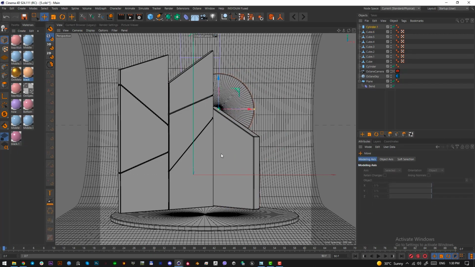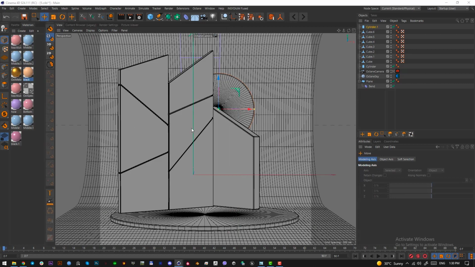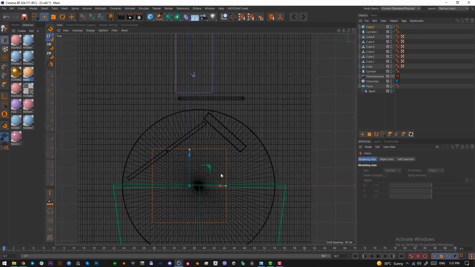Okay, this is fine. And this is, let me show you the live viewer. That's how it looks. So we've headed in the right direction. Now we want to add these cubes here to the middle of this composition. So add a cube, rotate it,